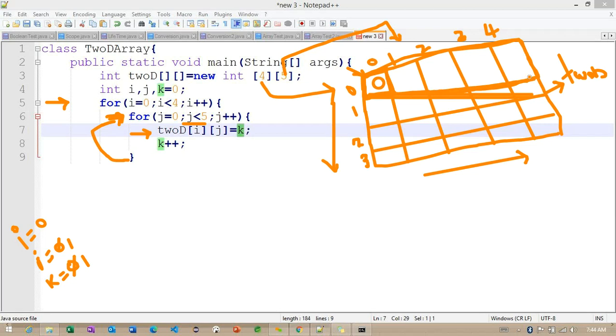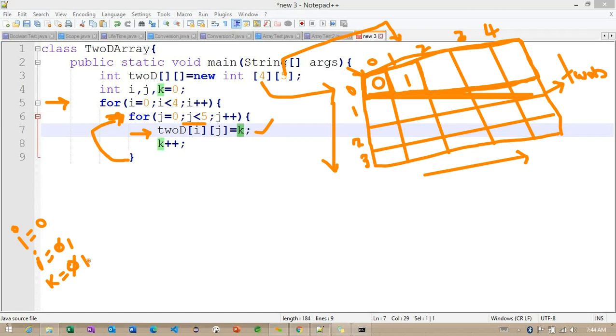What about this J? The J value is now increased to 1. If the J value is increased to 1, we are in this particular block. What is the K value? The K value we are having 1. The 1 is going to be initialized here. Carefully observe here, the I value has not yet increased. This line is completed.